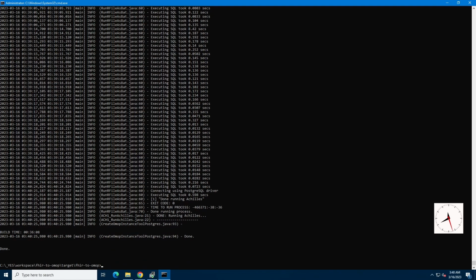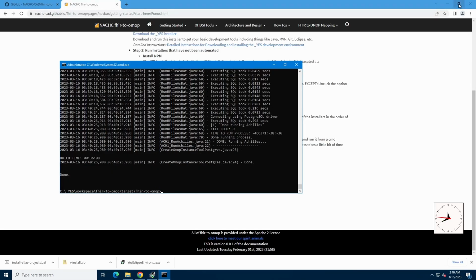And now we're done creating our CDM, and so we're done with the entire process. It took about an hour and 20 minutes, and now we can launch Atlas in a web browser. We can start Tomcat, and it will start Atlas, and we can see Atlas in our web browser. So from here,